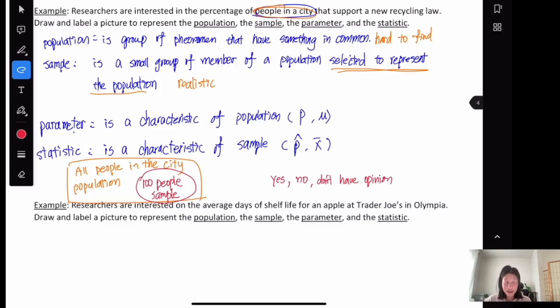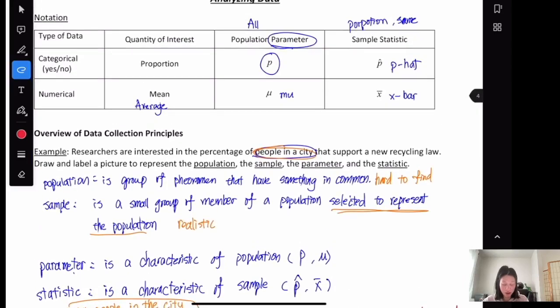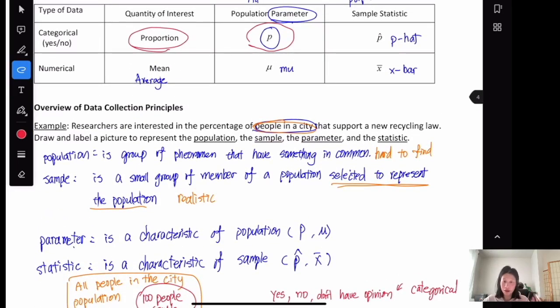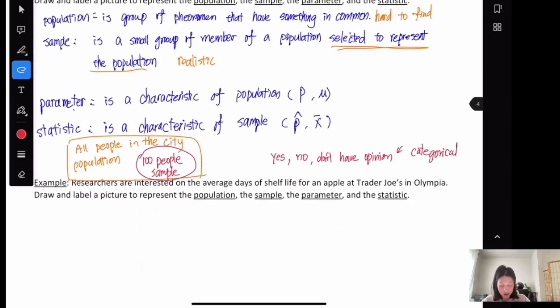So this is not numerical data. This is categorical data. If this is categorical data, then for the population, we're going to investigate their proportion. So that means when it comes to the parameter,